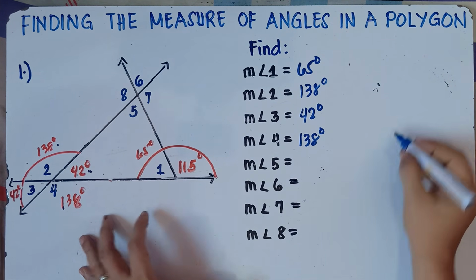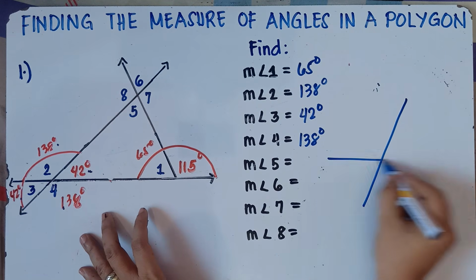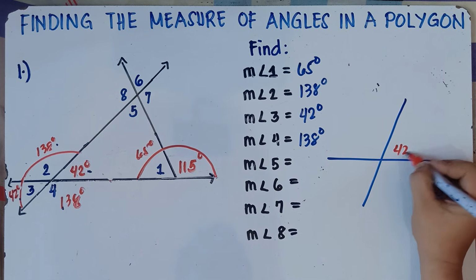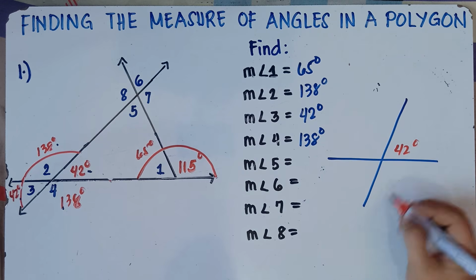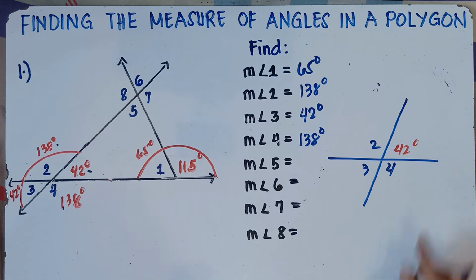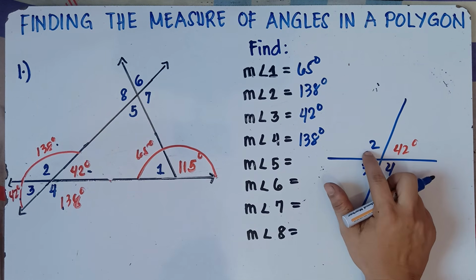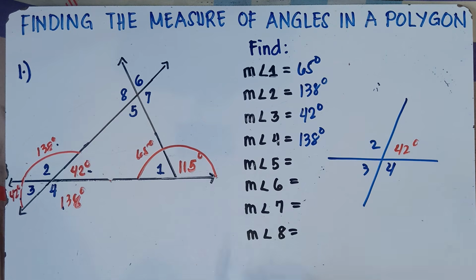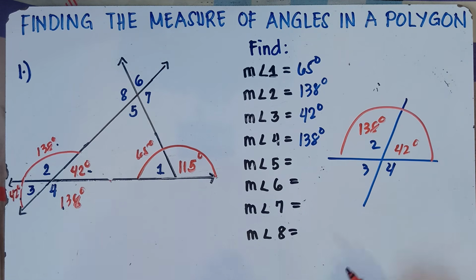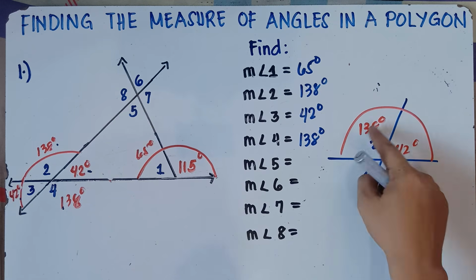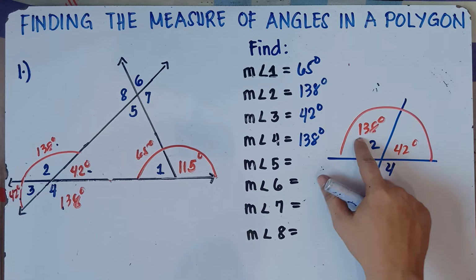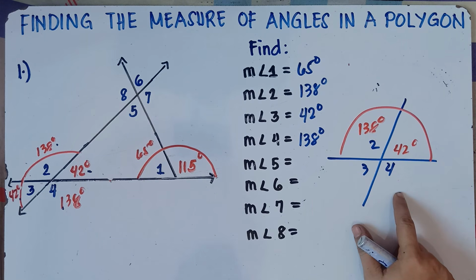Let me just draw it again, class. For you to answer this one easily, if you remember vertical angles. Once again, this is given as 42 degrees. This is angle 4, this is angle 3, this is angle 2, right? And we have given 42 degrees and we found angle 2 a while ago, which is 138 degrees, because this is a straight angle. Now, if you recall vertical angles, even without using the straight angle, we can just answer it right away, because the opposite angle of 138 is angle 4.